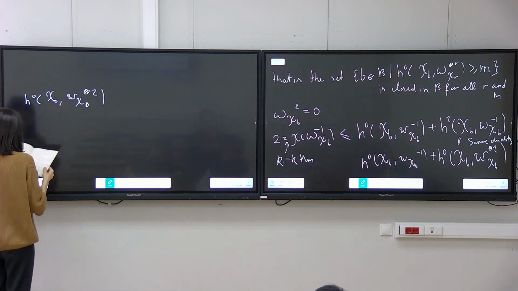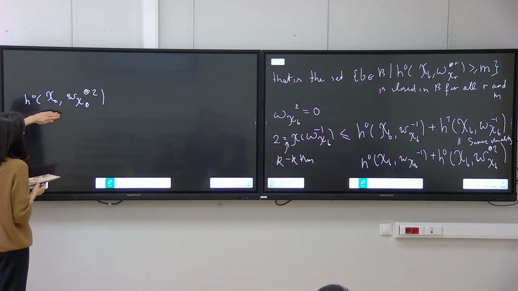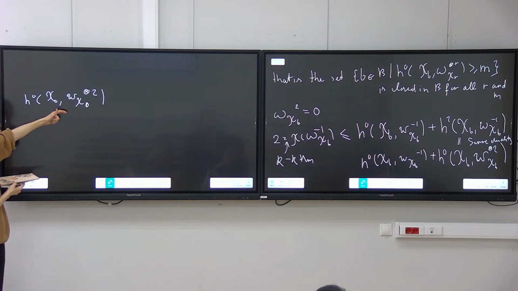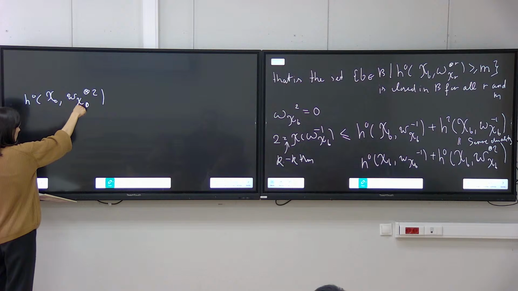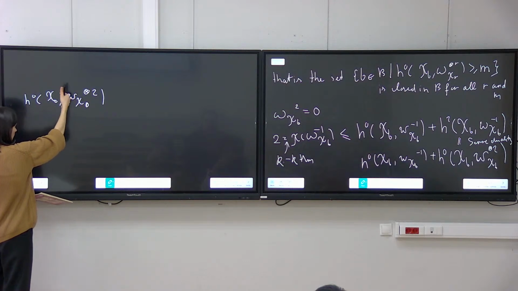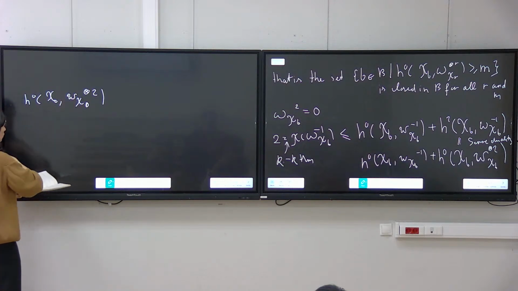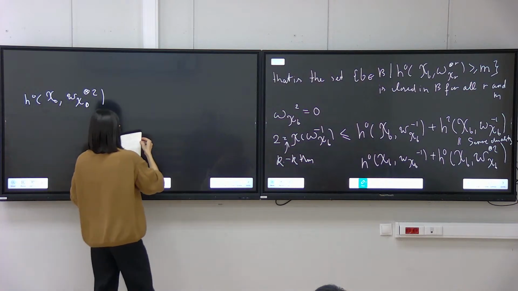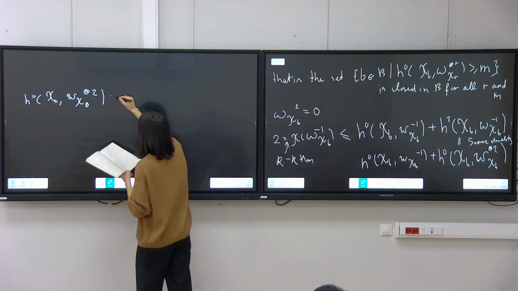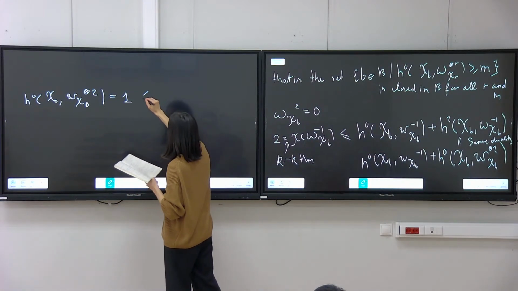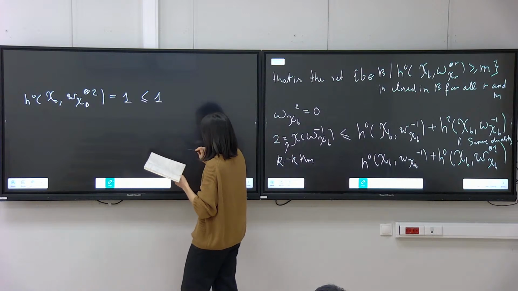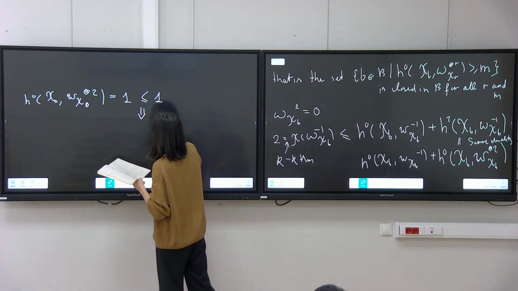Yes, and now what do we know? We know that over our distinguished point over 0, X0 is a K3 surface. So we know that this is the trivial line bundle. So we know that its global section is equal to 1, right? And 1 is definitely less than or equal to 1. So from semicontinuity,